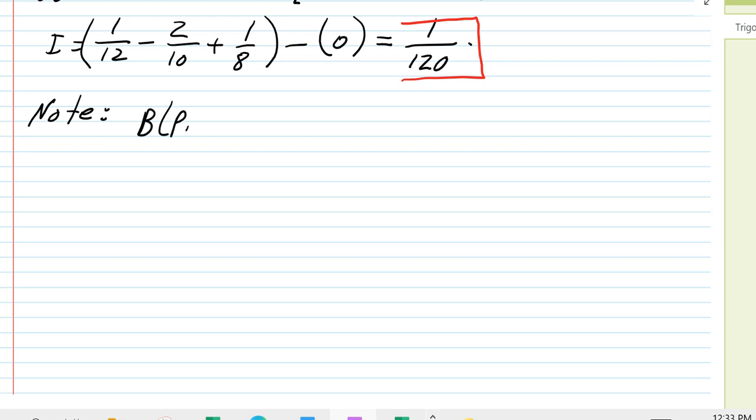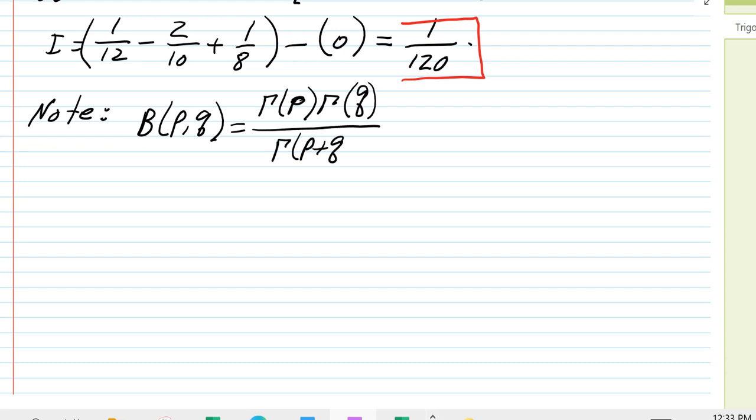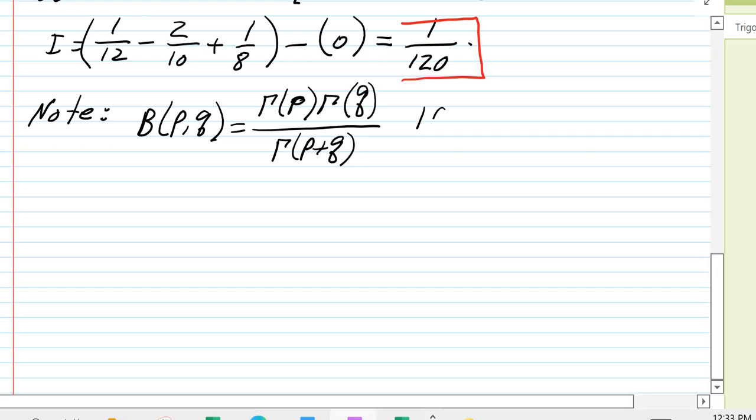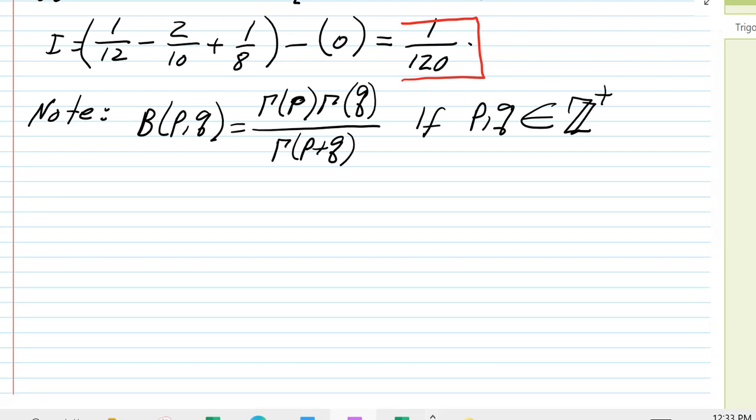So in general, beta of P, Q is going to be the same as gamma of P times gamma of Q divided by gamma of P plus Q. Oh, actually, that's not the condition, but if P and Q are positive integers, then the consequence of that